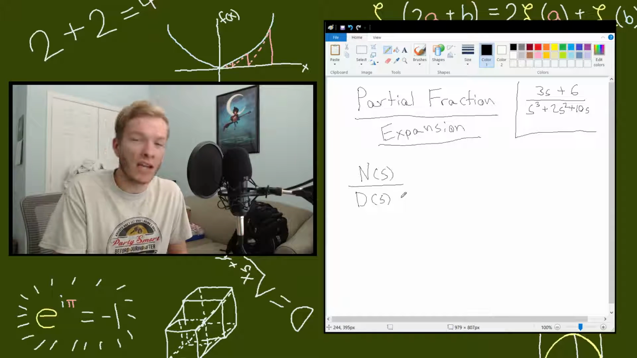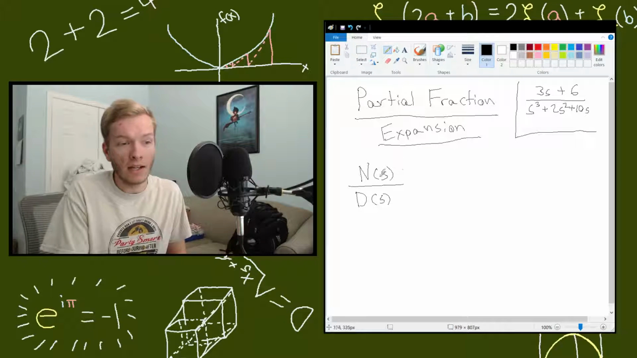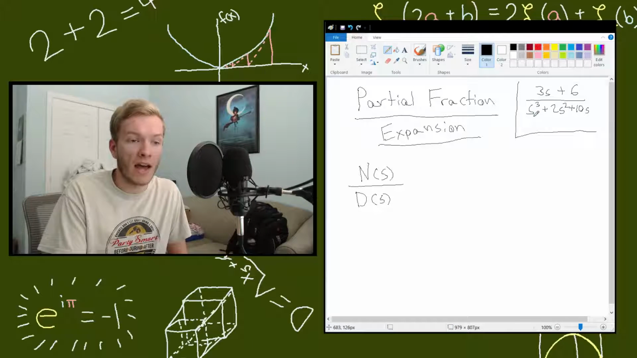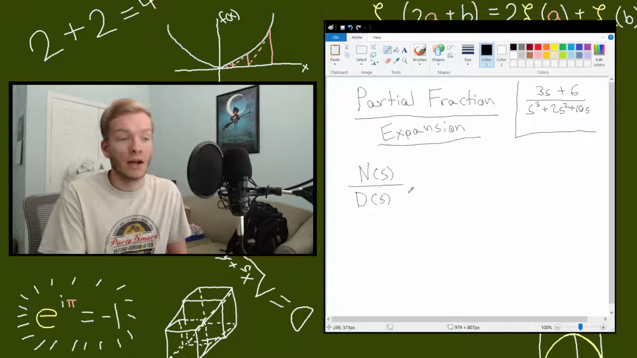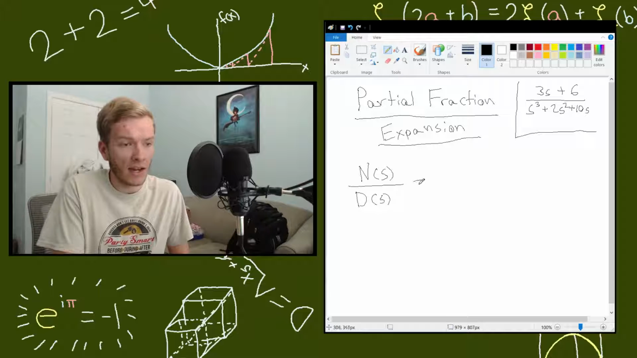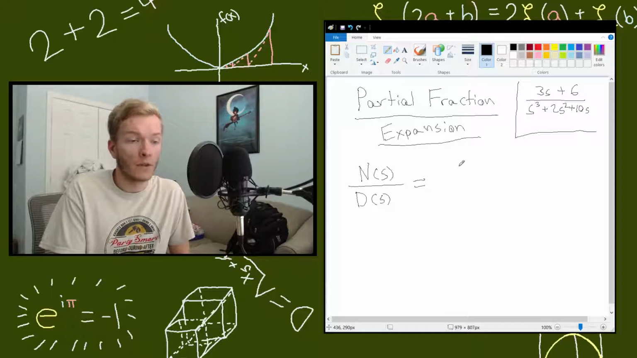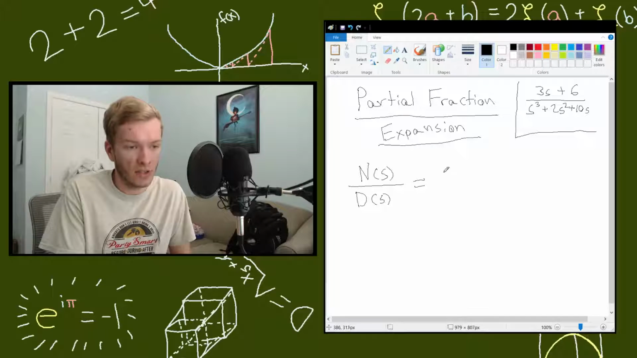Now, in most cases, this numerator is going to be a lesser power than the denominator, meaning that the highest power of the variable in the polynomial on the top is lower than on the bottom. So if we just pick an arbitrary version of this, we could have some a times s plus b over some s cubed plus c s